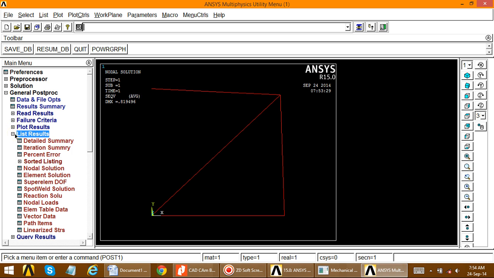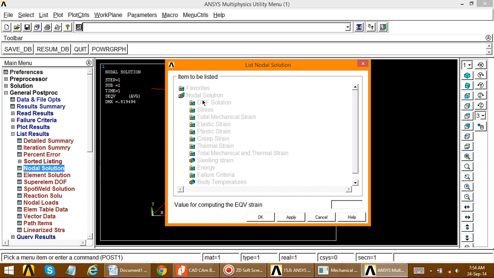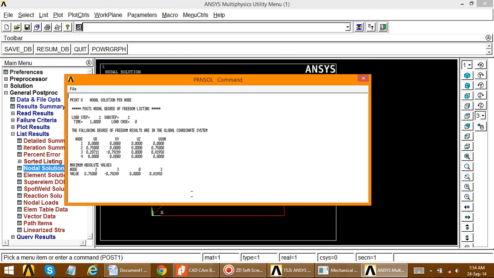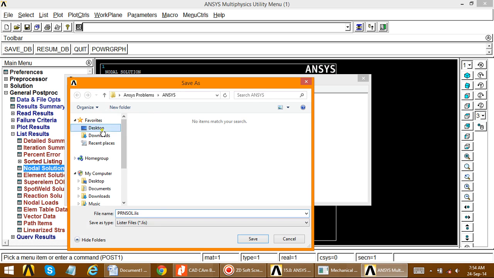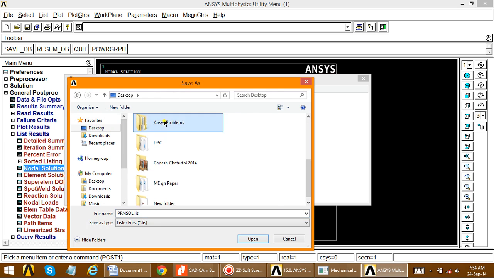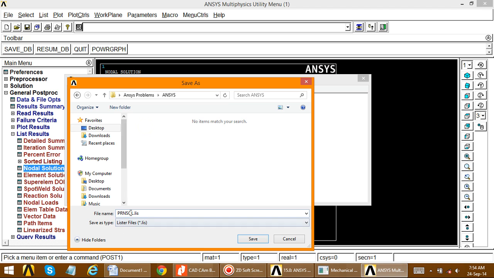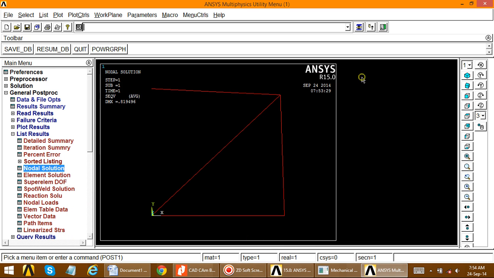So just go to list result, nodal solution, DOF solution, displacement vector sum. Okay, so it shows all the results of displacement vector in a table format. So save this file, save as. Again select your folder which is created on desktop, ANSYS problem, ANSYS. So change here, it is nodal solution, or as per the name you require. Save. You can close this.